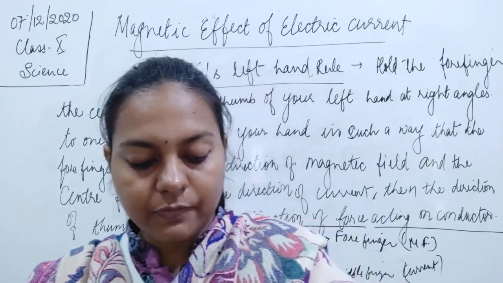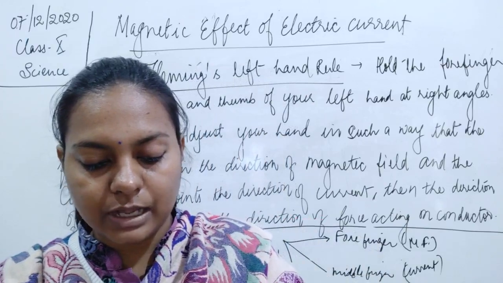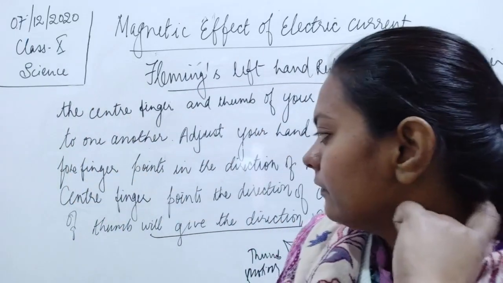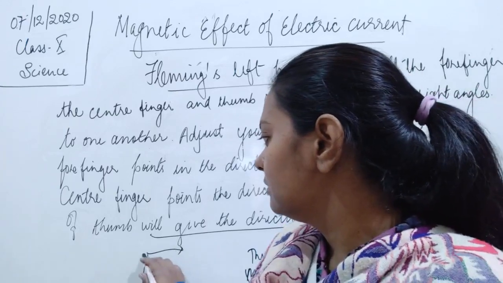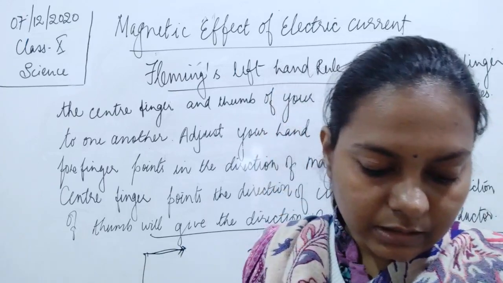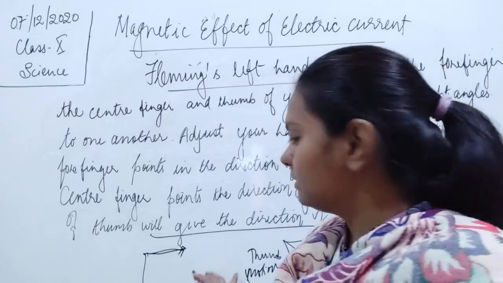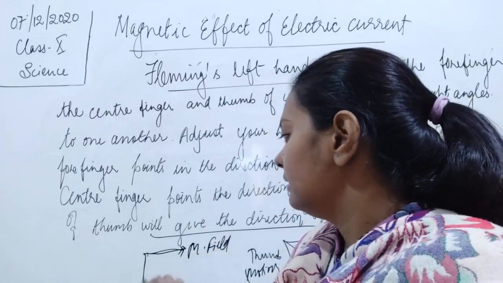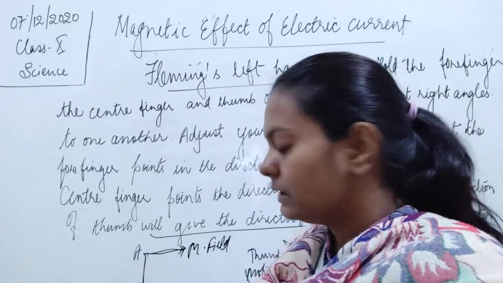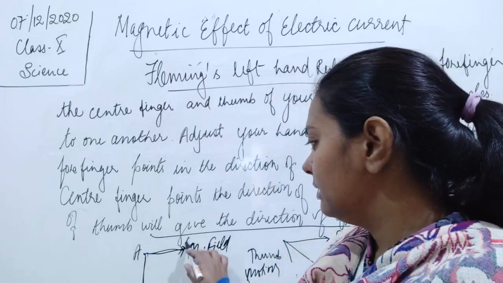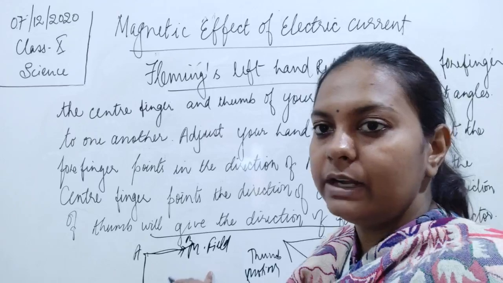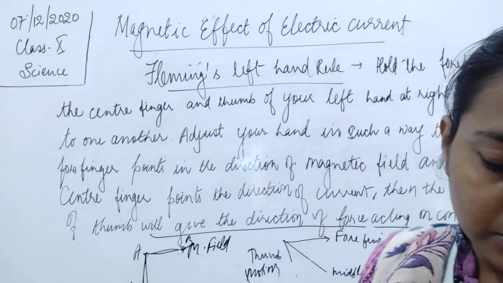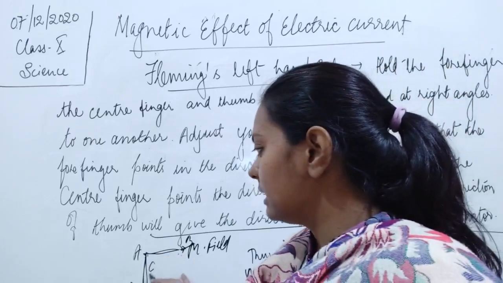Suppose that the current of the wire is vertically downwards, as it is there, from west to east. This is the direction of the magnetic field, from A to B, west to east की तरफ magnetic field है. अगर A से C के पास तक ये जो ऑब्जेक्ट है which is downwards, this is current.